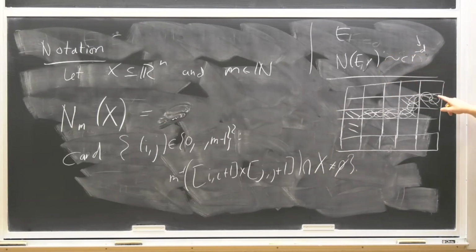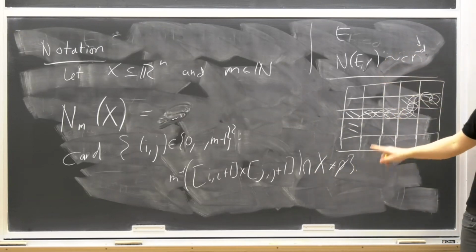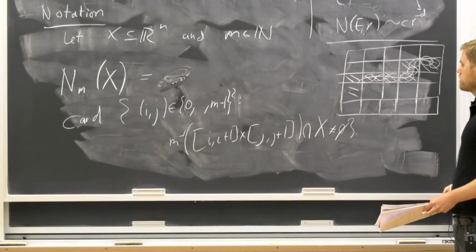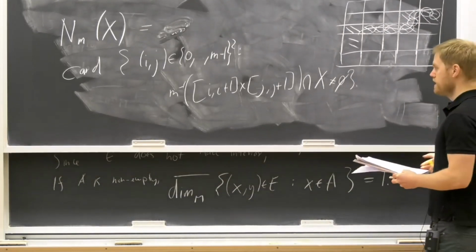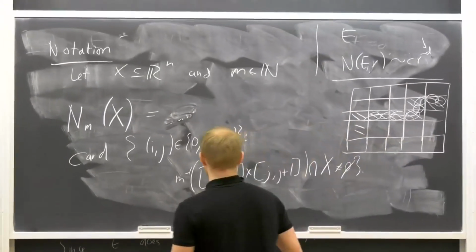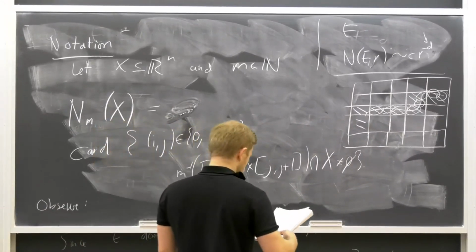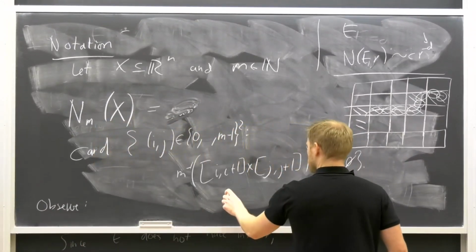Okay, so instead of allowing any kind of boxes in this thing, I allow only those boxes that lie here in the grid. If you think about this, it is an easy exercise that this does not matter. In the case, I mean, hopefully, again, I didn't convince myself of something too wrong, is that if you take